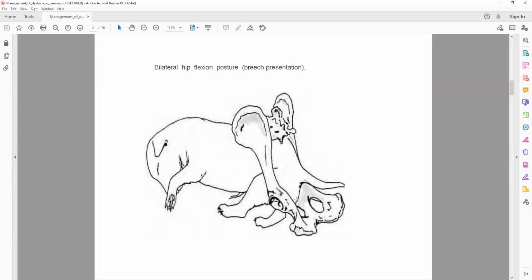Then put your finger on the hip region of the fetus and provide retropulsion. It means you are putting the fetus back into the uterus. Put your finger right here, at the hip region, and push it inside. That is what you call retropulsion. When the hip is pushed inside, automatically these limbs will come out. Then you can hold both the limbs and apply gentle traction, and the fetus will come out.